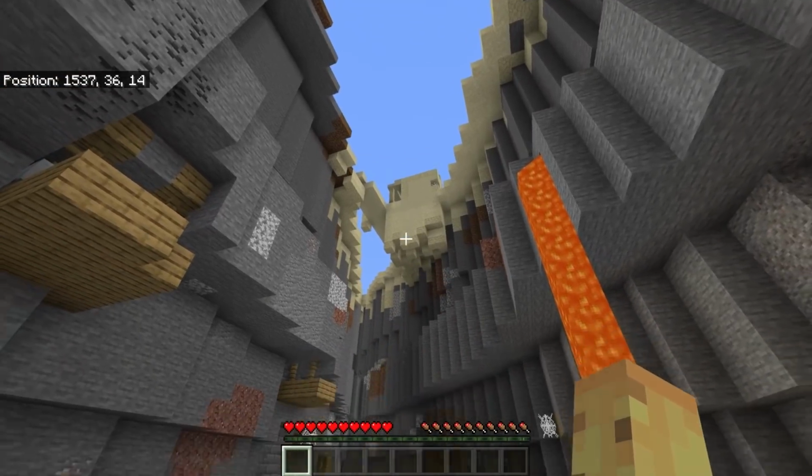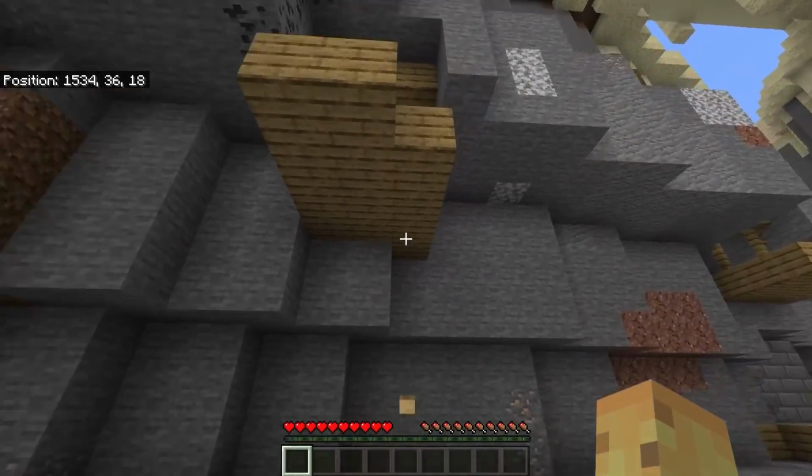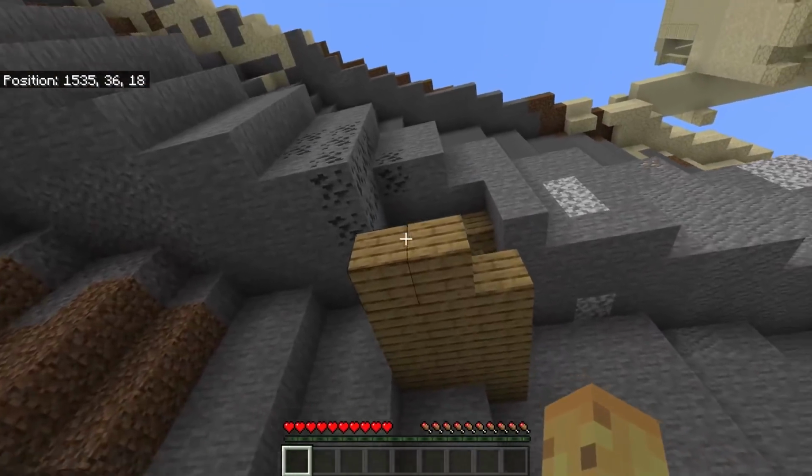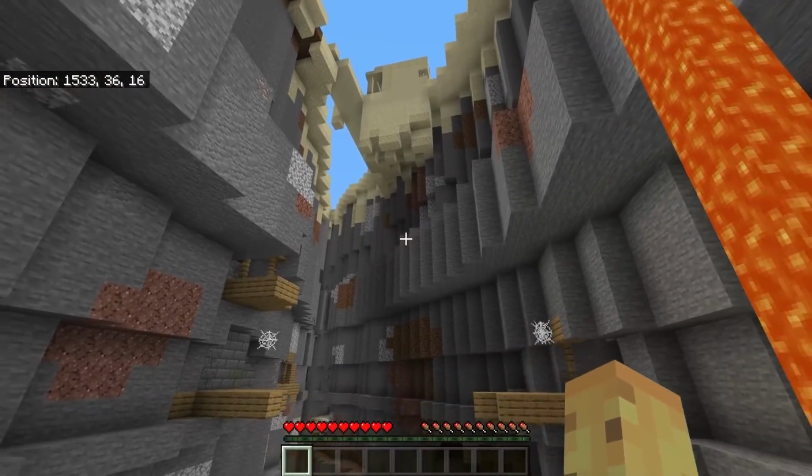And if we hop into creative, because we don't really have many other options otherwise, we can punch this wood to get a crafting table. It's funny, it's kind of like a blessing and a curse at the same time. It's a very tricky spawn to work your way out of, but it's worth doing, because as well as these